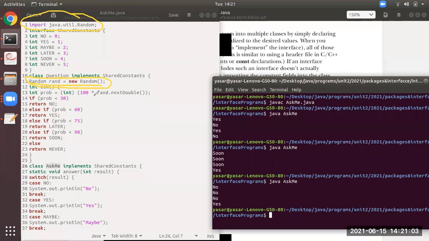From there, nextDouble is invoked, so it will generate some random number. According to that number, the values will be returned. Any number it can be, so any output it can have. That is the reason behind the different outputs. I will show you all; don't worry. I will clear the drawings.